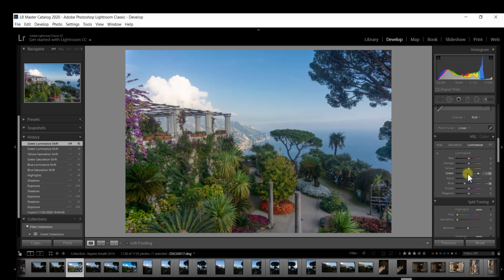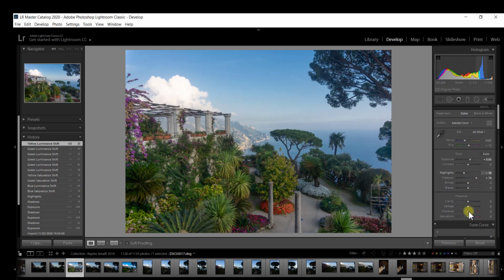Quite often I'll move to a more dramatic figure, like +82, and then bring it back down to see what the difference is, because when you're moving it slowly, you can't always see. So I think this actually makes quite a big difference. If I'm going to leave it, I'm going to leave it around +50, and then the same with the yellow luminance. Now I'm going to go back up to the basic adjustment panel